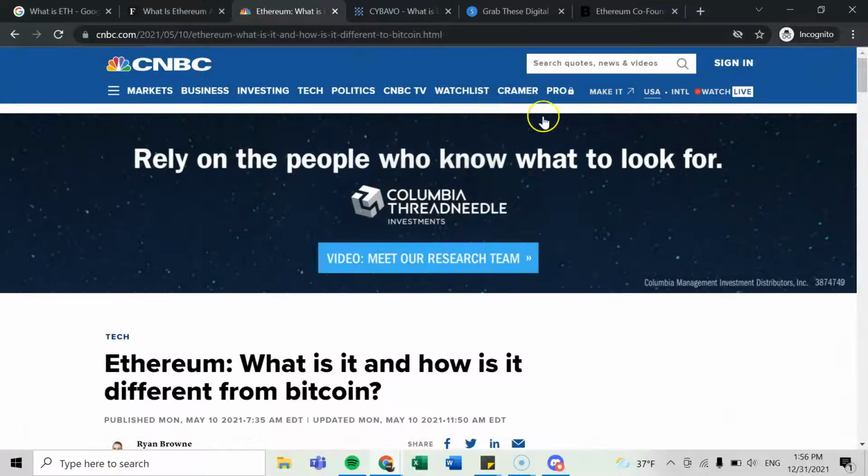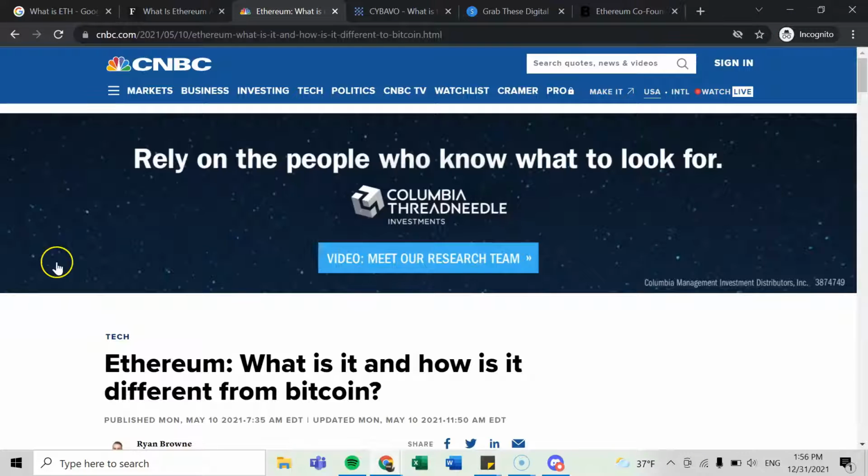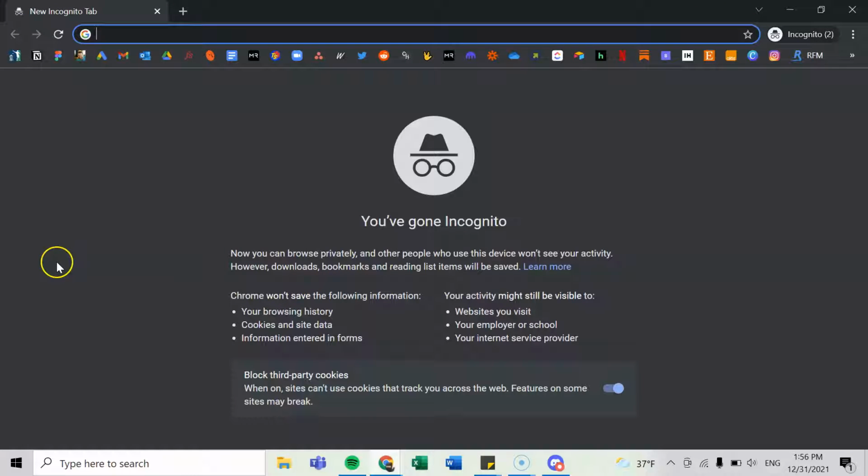And while we're at it, since we started as an incognito window, if you hold the Control and Shift buttons and press N, you get a new window that's an incognito. And that's just by clicking the Control and Shift buttons together. So Control Shift N. Let's say you want to look at content next to each other, and you want to put 2 windows side by side so that you can digest this content together.